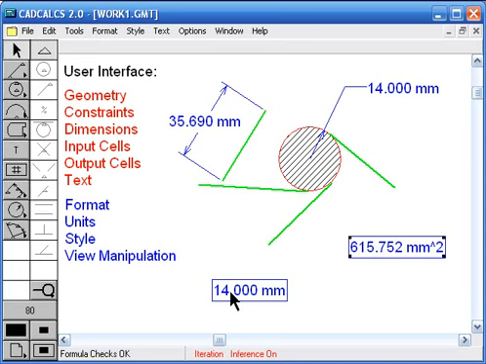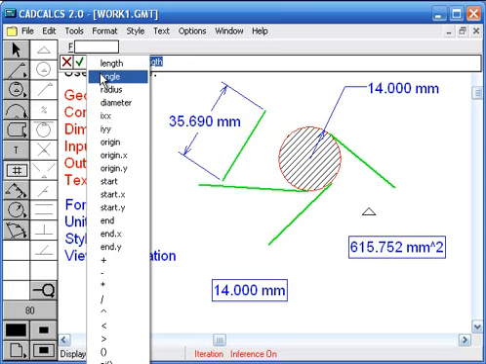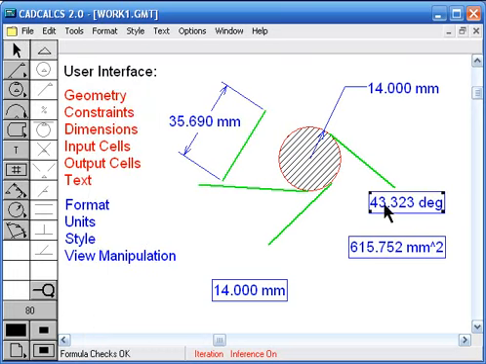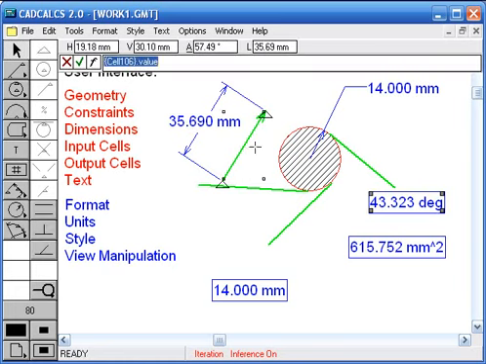I could also just extract a value. For example, I can extract the value of the angle of this line by substituting a built-in function here. And this is an output cell, but this output cell can in turn be treated as an input cell also. So for example, if I want to control the angle of this line using this cell's value,